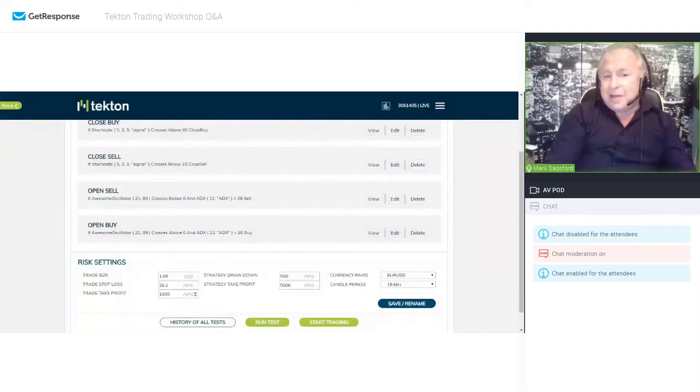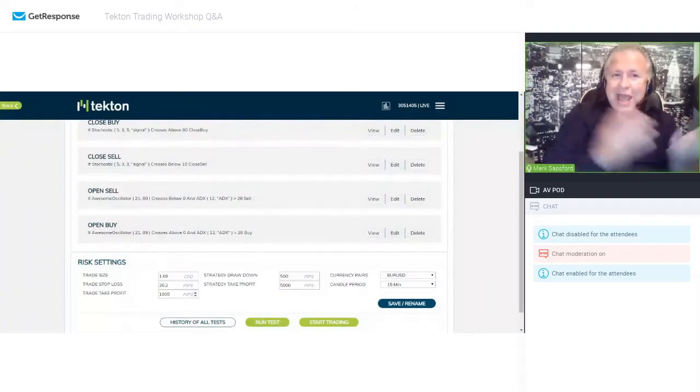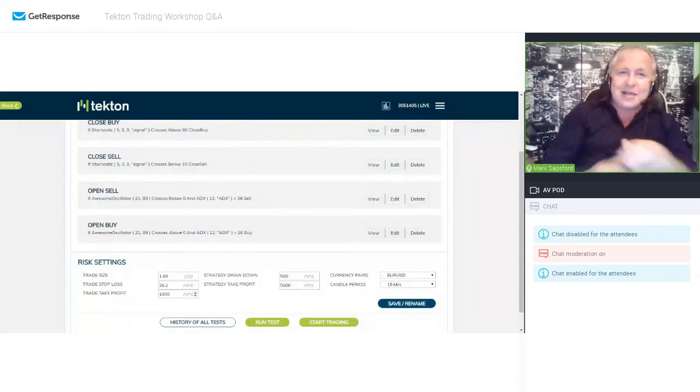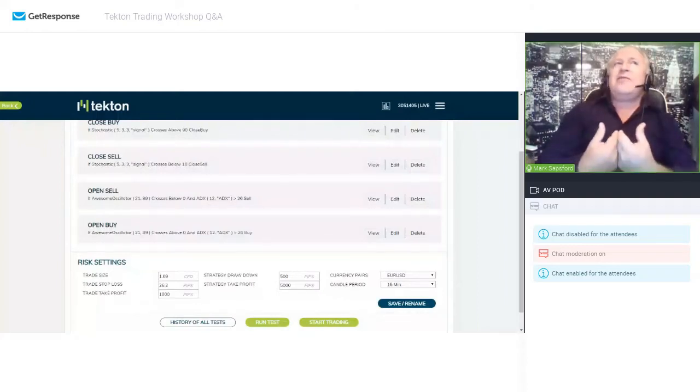If you get a trade of 1,000 pip profit, happy days. It really is happy days. But if you want to use the close buy, close sell function as a trading stop, then you can use that feature there.